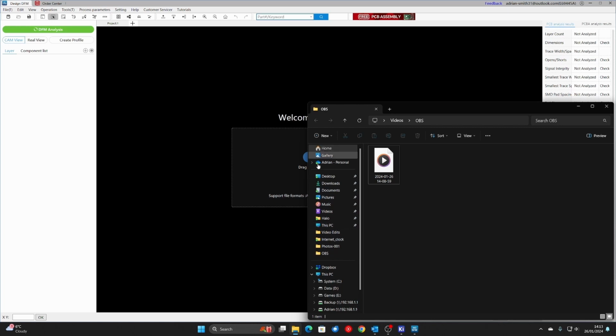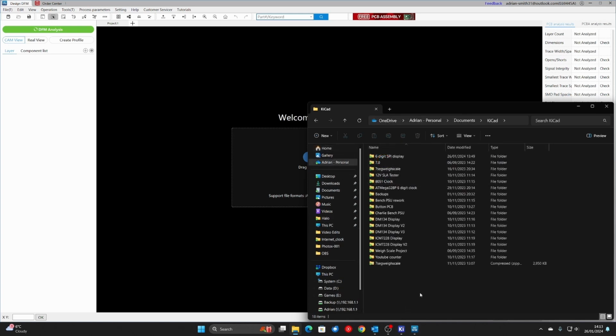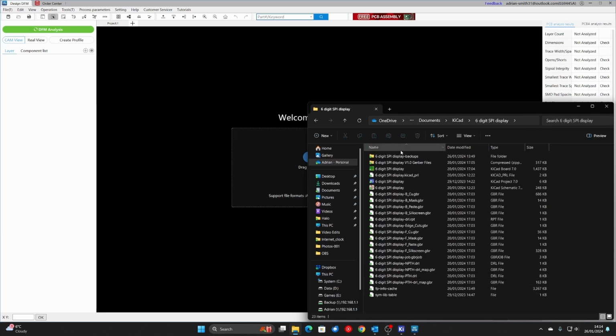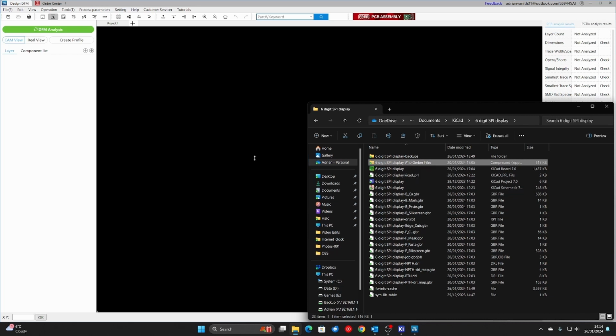Go back to your project directory for KiCad or your equivalent tool, whichever you prefer to use to create circuit boards. We're going to be working directly with KiCad. That's my preferred CAD software for making circuit boards, PCBs. What we're going to do now is copy the Gerber files that I've created within KiCad into this tool, like that,